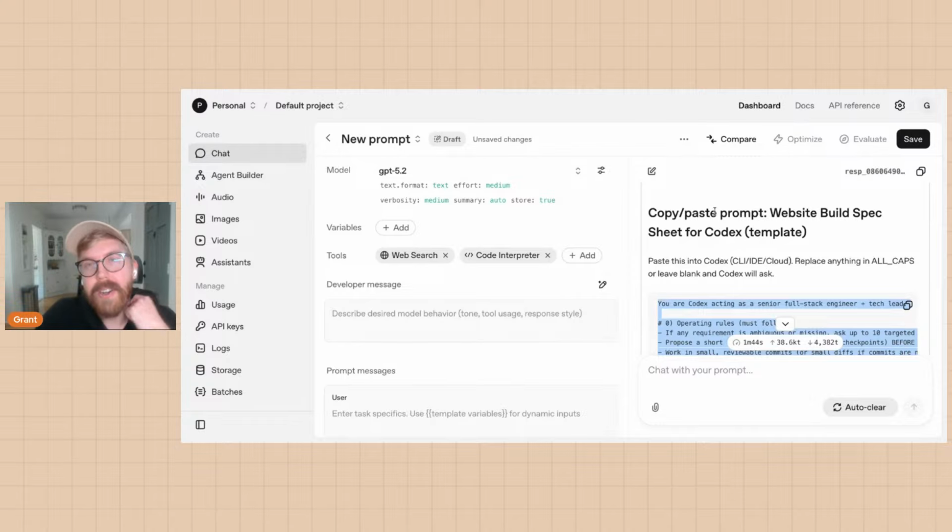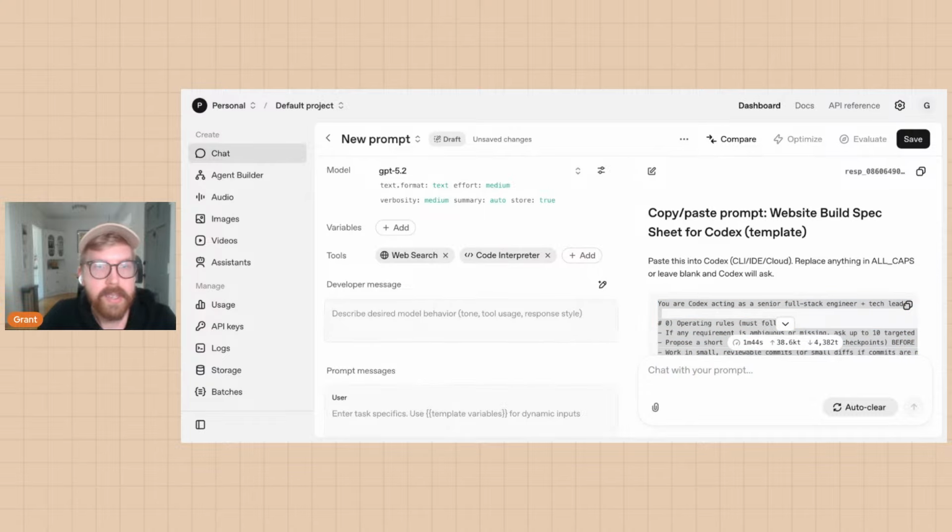So on the long context topic, 400,000 tokens. You can roughly equate tokens to words, about 75%, 80% words. So maybe that's like 375,000 words, something like that. So it's pretty massive. I mean, that's like 2 or 3 books worth of context that you can send now, which is pretty great. So I'm going to copy this prompt that I have here.